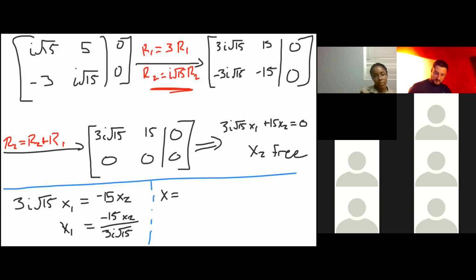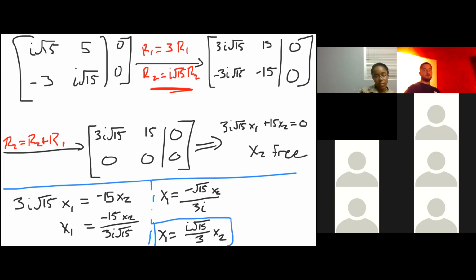Actually, let me just do it all at once so I don't second guess myself. Square root of 15 x2 over 3i. Bring the i up, which cancels out that negative. So this is what x1 has got to look like,